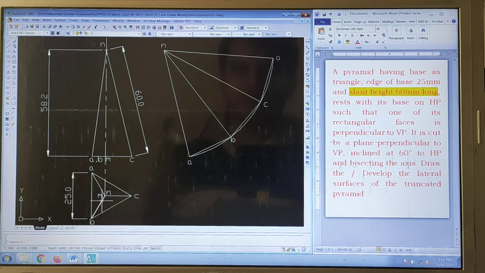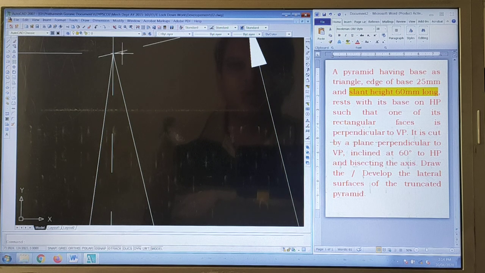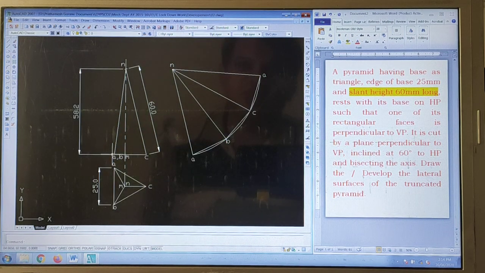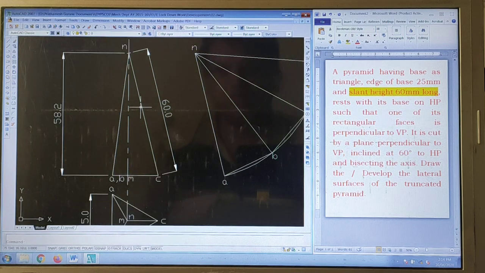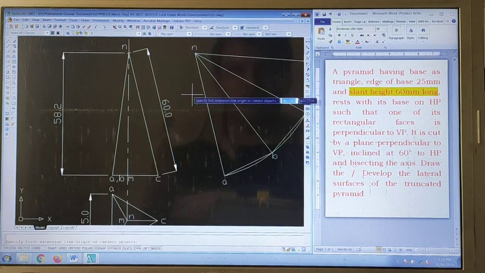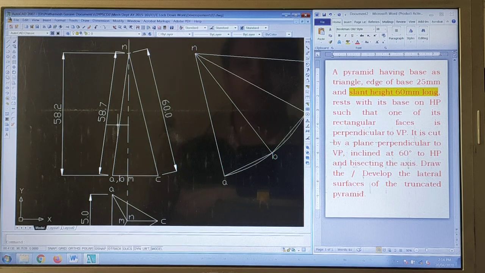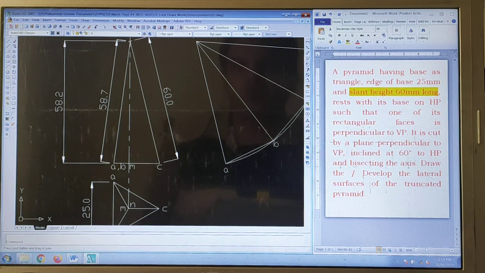Wherever this line is parallel, from there we can draw the arc. The arc I have drawn here is taken from point C, not from point A. Now you can see, if we measure this dimension, this slant height is 60 mm and this slant height is 58.7 mm, which is a little lesser than the original slant height. So this is not the true length.